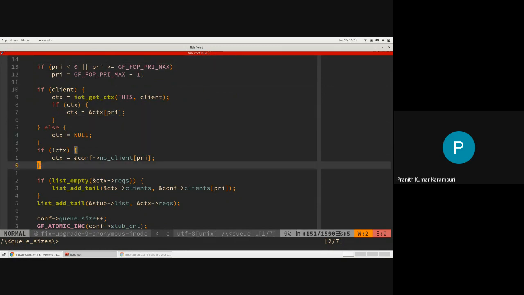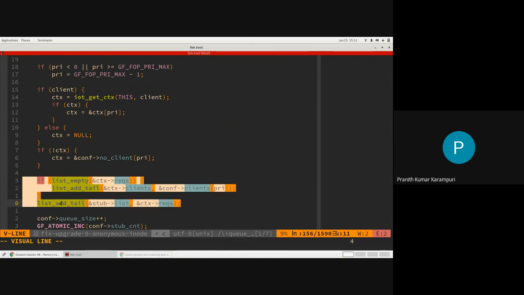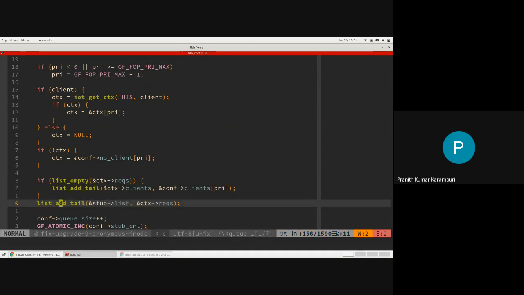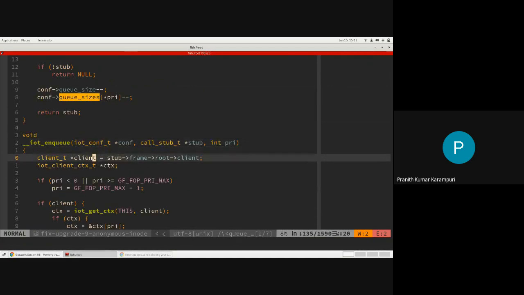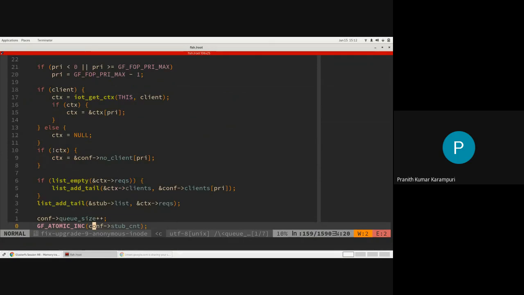So this kind of gives some form of round robin for your clients. Basically, for all the clients, you will get some slice of execution. So to maintain that, there is a list of clients, and for each such client, you are adding this. How the IO processing gets handled will become a bit more clear when we look at the dequeuing part, because here it is just adding it to the client context.